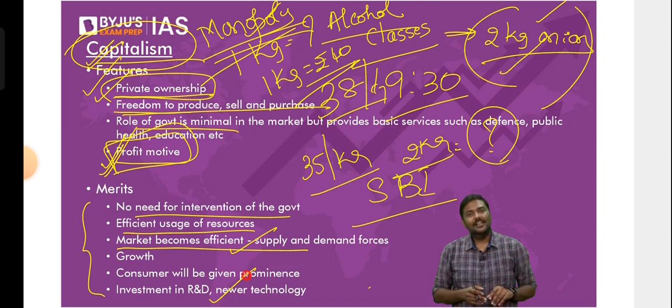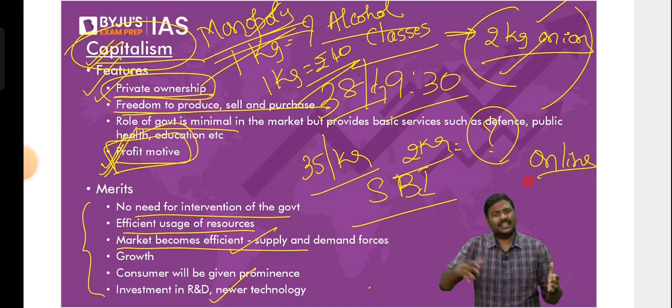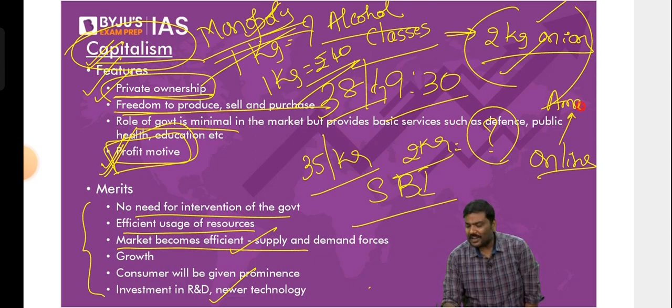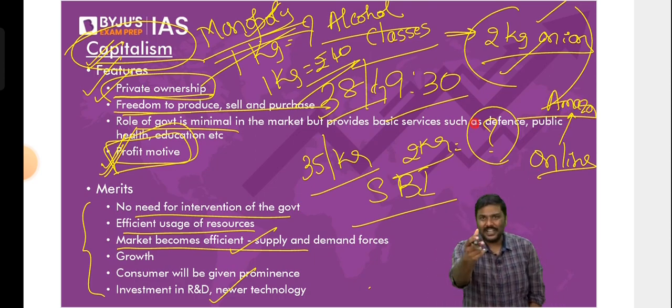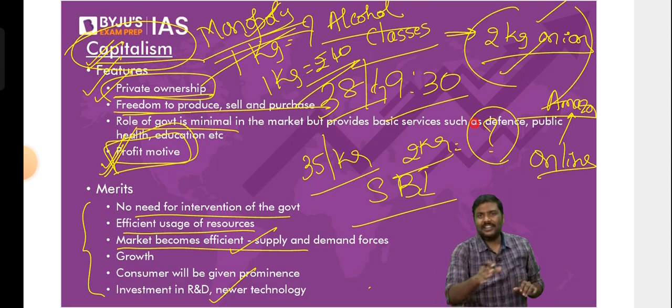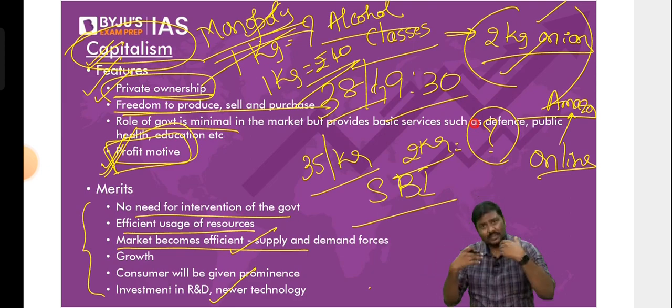Let me give an example so that you understand. I'm pretty sure all of you have ordered products online. Is there anyone who says so far I've not ordered anything online? But I'm pretty sure at one point of time you would have ordered products online. Let's say, for example, you've ordered a product from Amazon. What kind of service does Amazon give you? They'll say within 2 hours we'll deliver it to you. You're not at home, don't worry. You choose when you want the product to be delivered. You want the morning slot, the afternoon, the evening, you choose the slot. We will deliver it at that point of time. You don't like the product within 7 days? Give it to us. We will either refund the amount, give a credit, or replace the product.